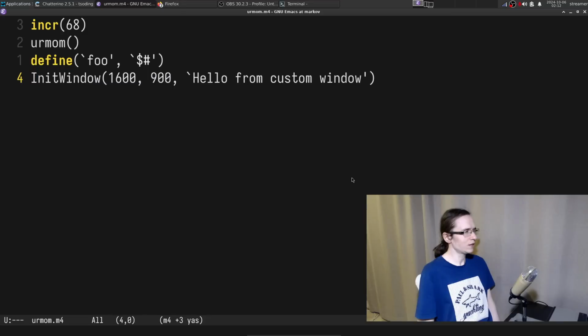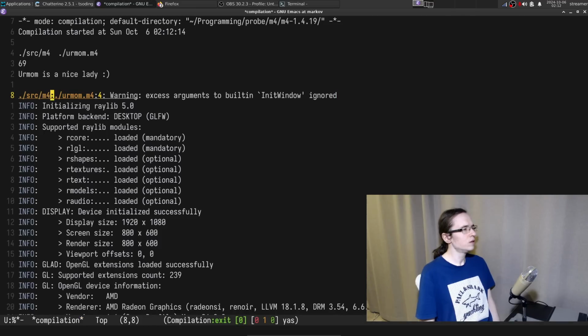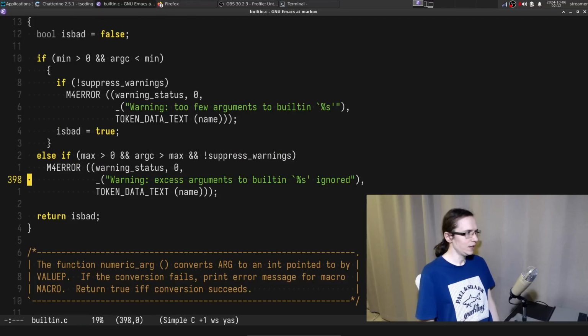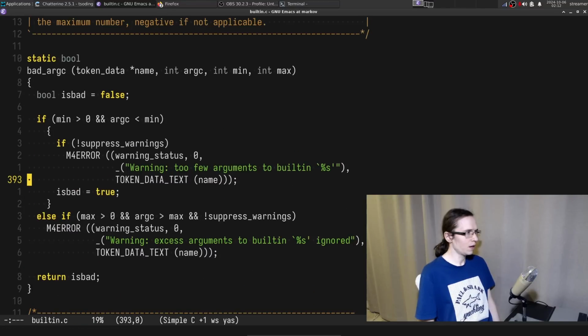How do you spell access? Let me find who prints this. Who actually prints this? It is printed in here. It says access arguments... so when max is greater than 0 and the number of arguments is greater than the max, but that is not true.